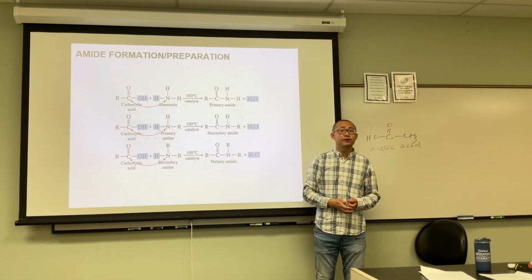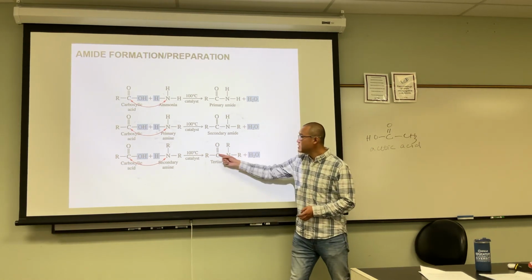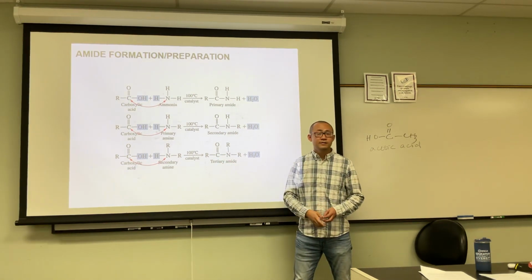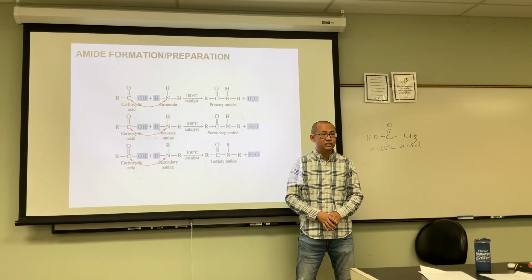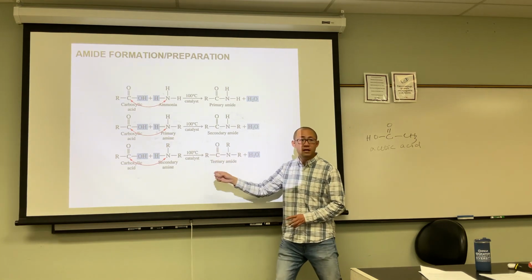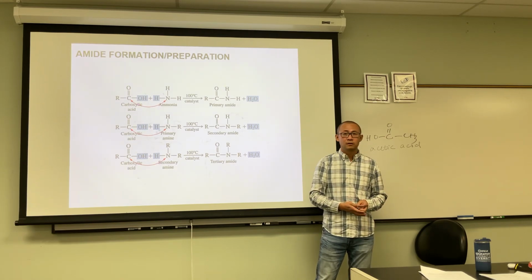The second thing to notice is amide formation. This bond is a lot more difficult than ester bond formation. It's a lot harder to make an amide bond between an acid and an amine than with an alcohol, than ester bond formation. So amide bond formation,